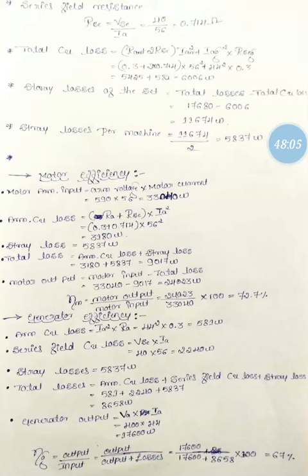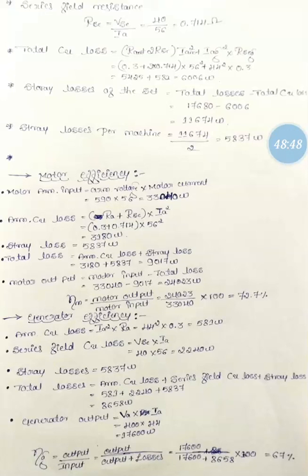Then let me calculate the generator efficiency. In this case we consider the armature copper loss, that is IA square into RA, which is 581 watt. Then the series field winding copper loss we can calculate as the product of the series field winding drop and the armature current. The series field winding current and the armature current are again the same, so instead of the series field winding current ISC, I have taken the armature current IA. That is 40 into 56, so we get the series field winding copper loss as 2240 watt.